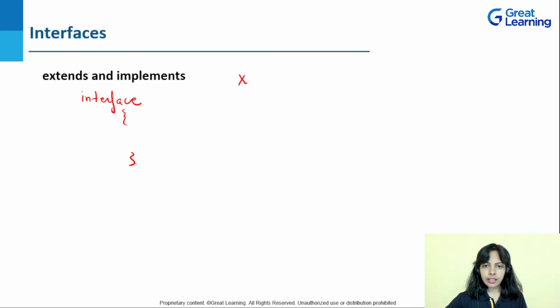So if I write x extends y, tell me when will this statement be correct or it will not throw any error. In which case it will not throw any error or it will be correct. When x is a class or an interface, when y is a class or an interface. This is the first question. X extends y. This will not throw any error or there won't be any problem here if X is a class or an interface, Y is a class or an interface. You tell me.